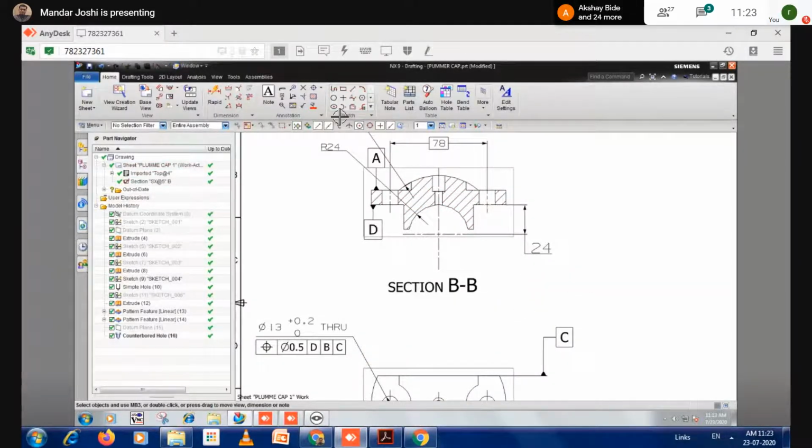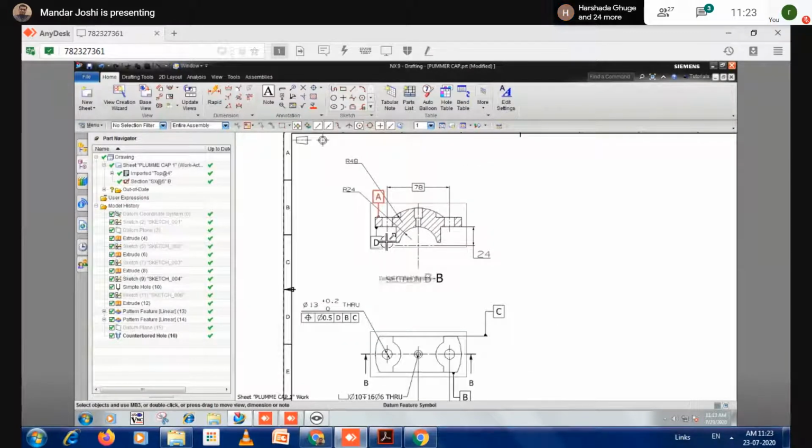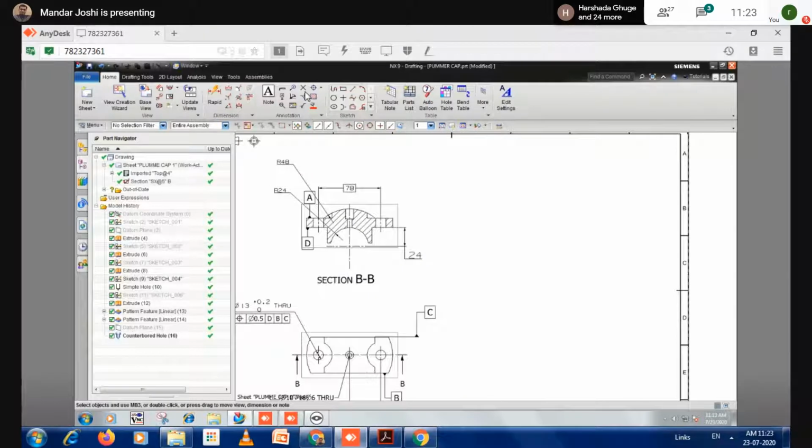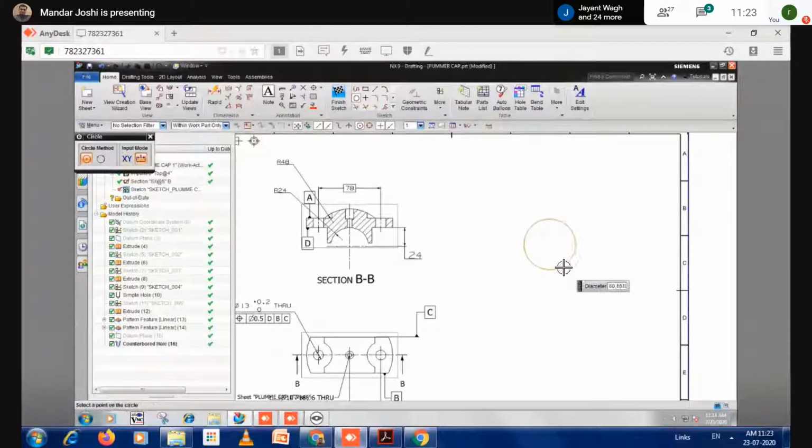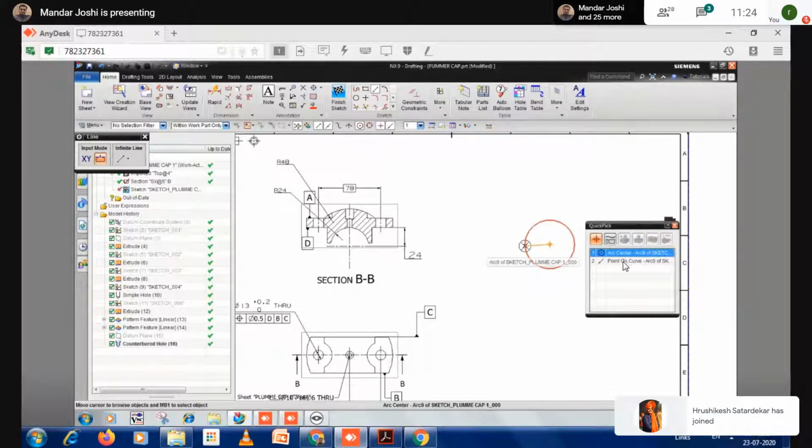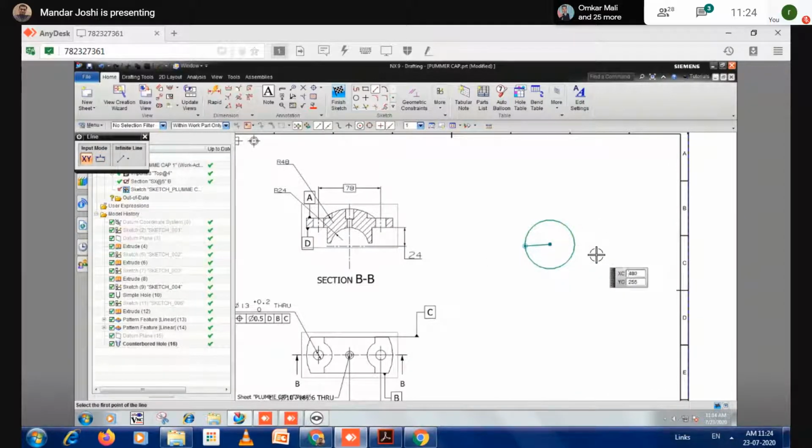When do we use this particular cross hatch? Suppose you want to create any manual symbol. Only at that time do you have to select this cross hatch. So what to do now? I'm selecting the sketch first. Suppose I want to create a symbol here. So this is the specific circle I create, and there I create a line. So this is how the line gets created. Just a minute, it's not correct.